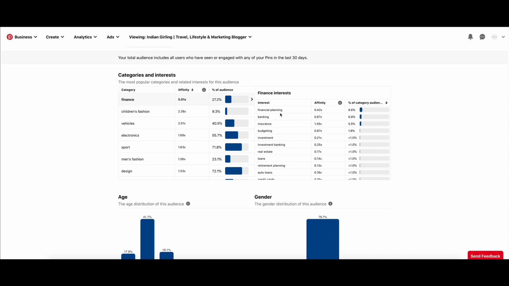And you can also see data on affinity as well as percentage of category audience. So affinity means how likely is this certain audience interested in this topic. So what is the number of people, let's say out of 100, that are interested in that particular topic? The more the number of people that are interested in that particular topic or interest, the more that affinity is going to be like. And percentage of category audience simply means what percentage of this particular category is interested in